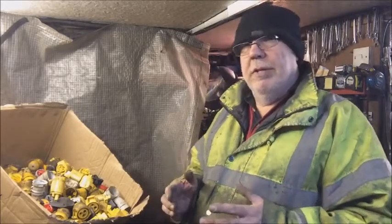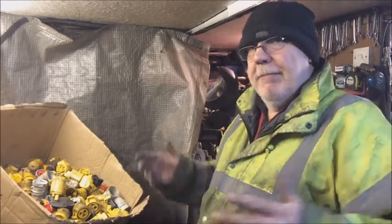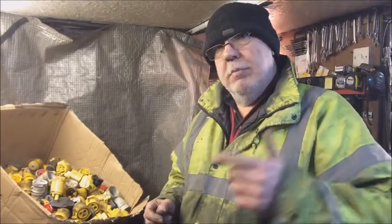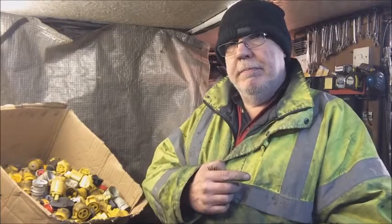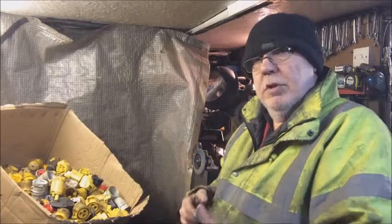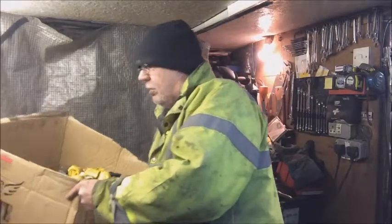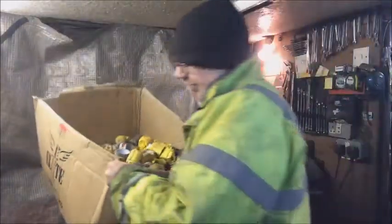I'm trying to work on the premise, having a small shop, that if something comes in, something's got to go out. Some scrap comes in, got to work on it. Now, this box, and it's a big box,